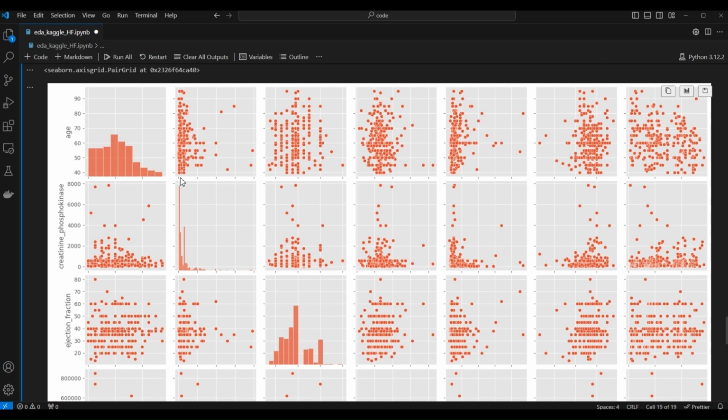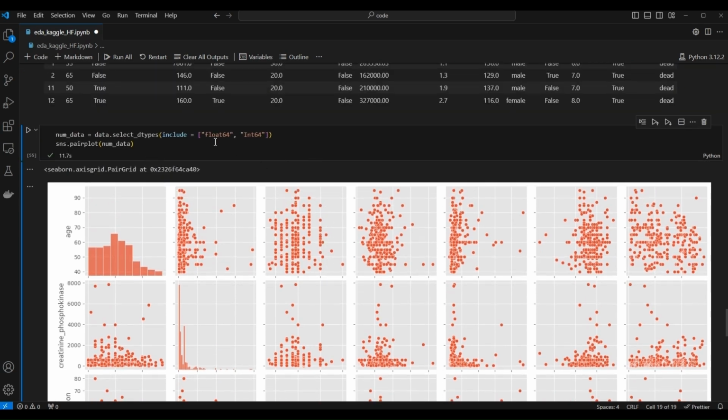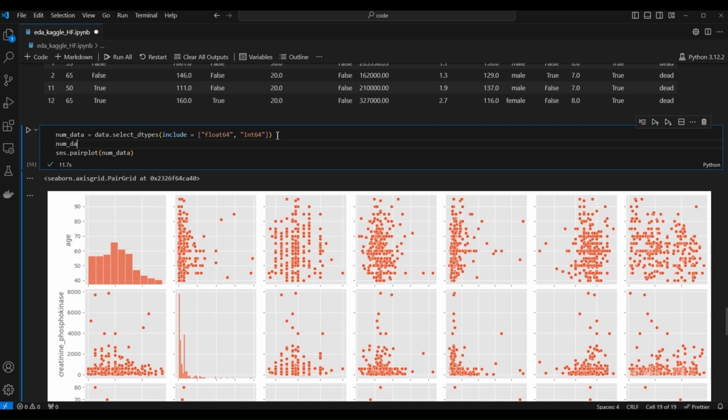And at the same time, I also have access to the scatter plots, where every two variables are plotted against each other. So, for example, this first plot is just plotting the age against the creatinine phosphokinase. The next one is plotting the age against the ejection fraction, and so on. Moreover, if I include the target variable in my data set,